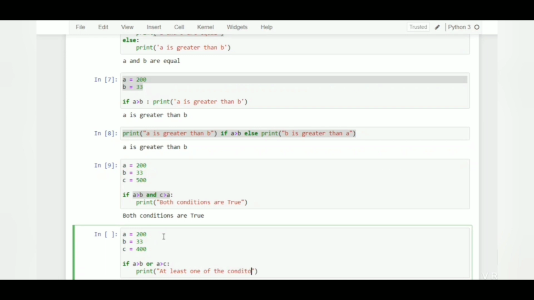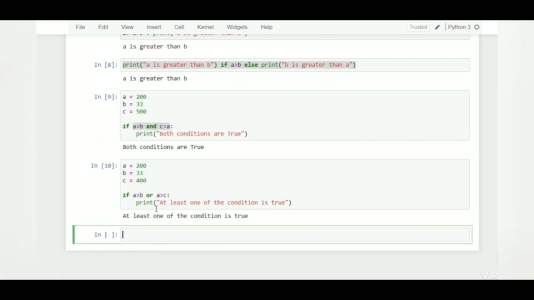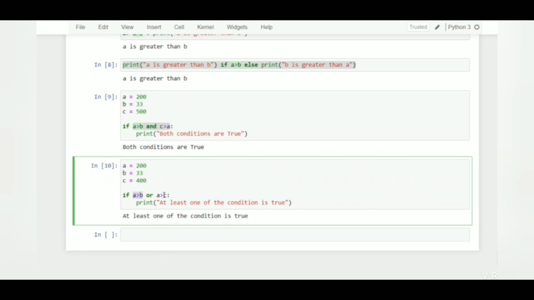Here we got an output because A is greater than B, but not A is greater than C. So one of the conditions is true.